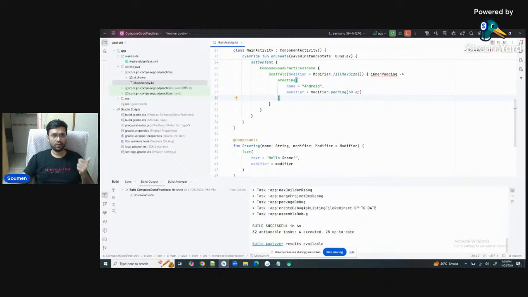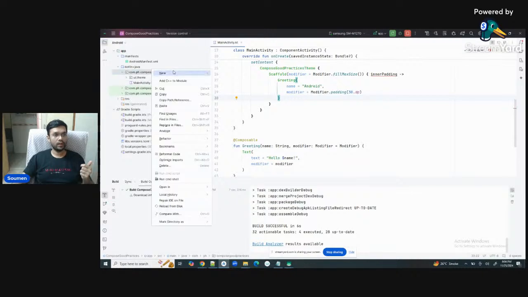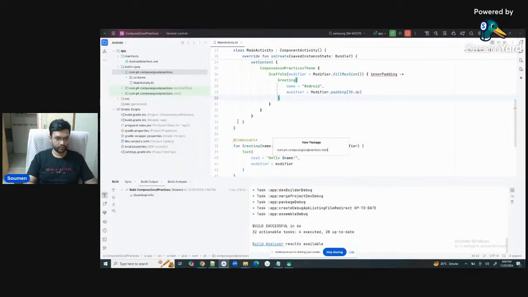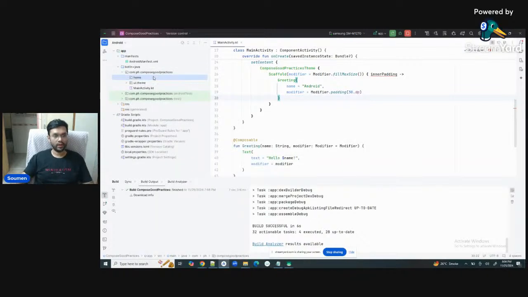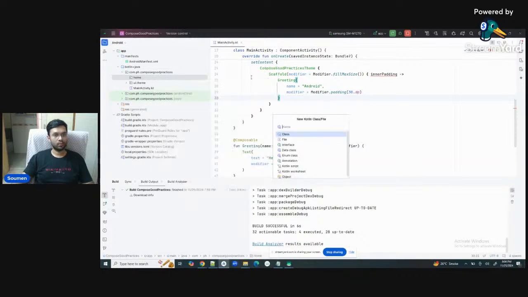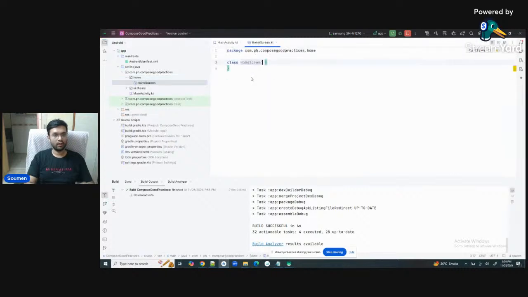What I'm going to do is follow a good practice and create a directory called home. Now inside this home directory is where my home screen will be lying. So I'll put here HomeScreen. So what is this class? This is just a regular Kotlin class. Now I'm going to write a